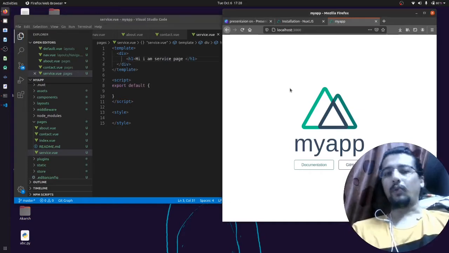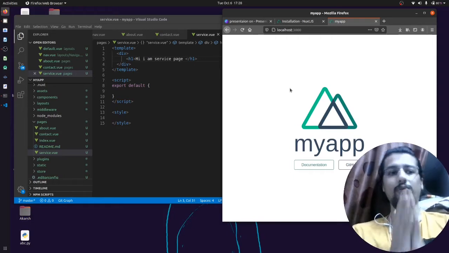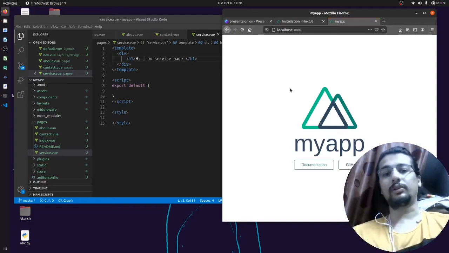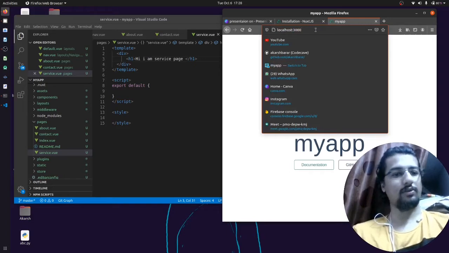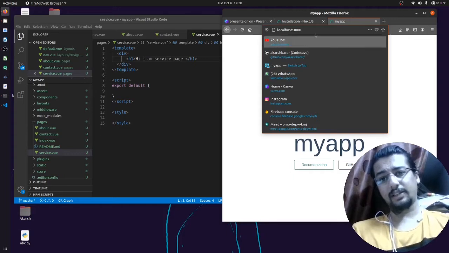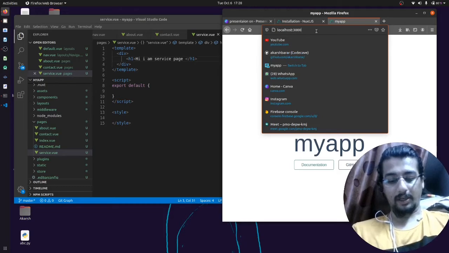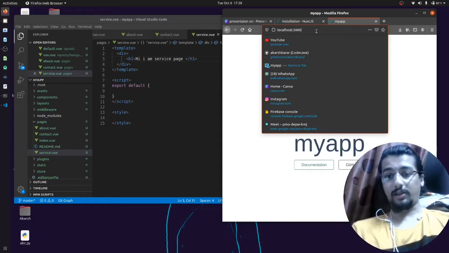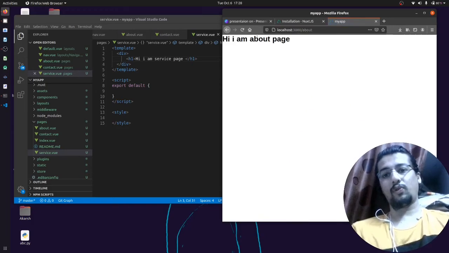Okay, so what Vue gives you: if you have worked with Vue, then if you are going with the router, you have to give the path, then you have to give the component, and only then will your application run on that path. But in Next.js, you just have to create the pages, and after that your routing is done. Okay, then what we will do, one sec, let's say slash about, we have the "I am about page".